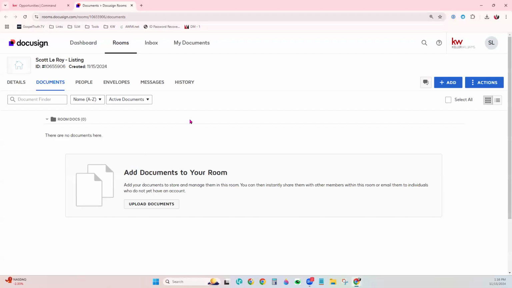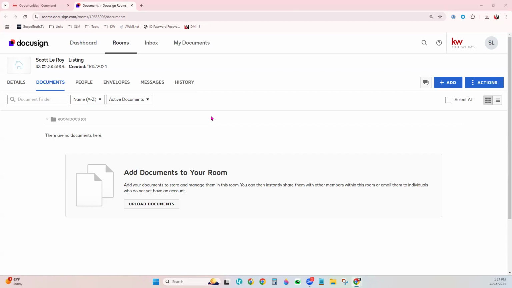So a DocuSign room is just a space. Think of it as an office space or a file folder. It's the place where the information for this transaction is going to live. Okay. So I'm going to finish going over the steps of making sure that you have access to your forms and things like that. And then we'll start going through the details of this room and how to edit those forms. So, first things first, if you are just setting up your DocuSign account,